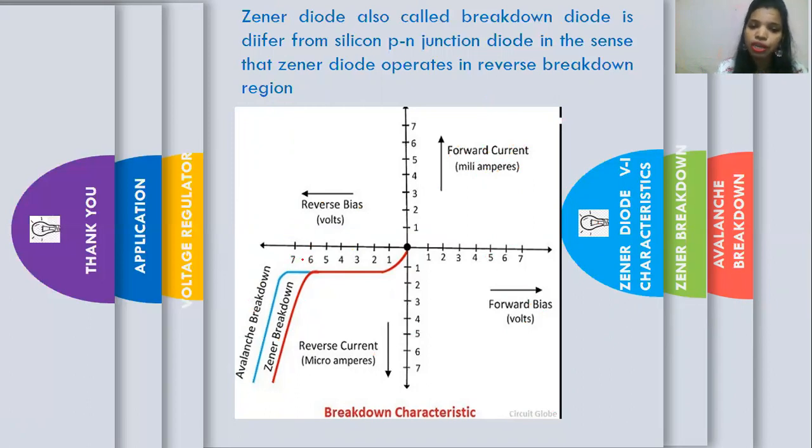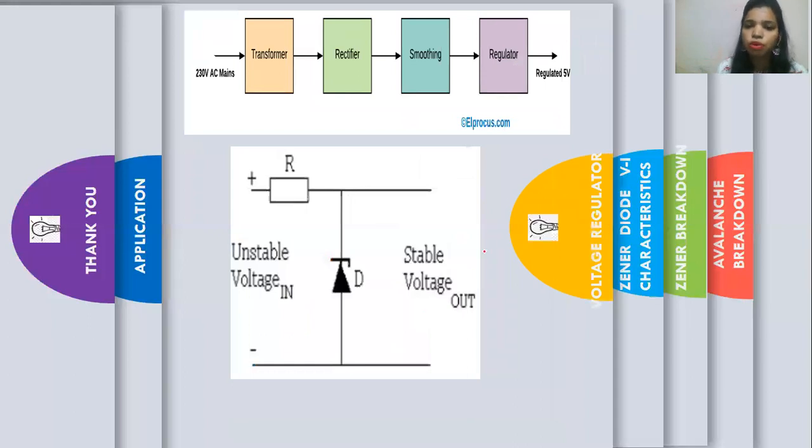The voltage at which breakdown starts is called the breakdown voltage, and depending on the value of this breakdown voltage, there are two types, Zener and avalanche. Up to 6 volt, it comes under the Zener breakdown condition. After 6 volt, it is avalanche breakdown. So the Zener diode is especially designed for the reverse bias condition. This means the Zener diode works only in reverse bias, but what is the use of the Zener diode? That comes under the next category, Zener diode as a voltage regulator.